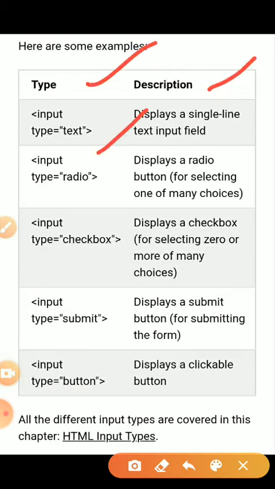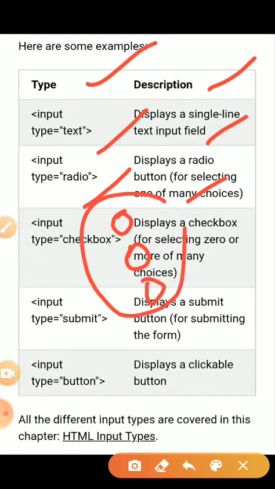These are the types and their descriptions. First is input type text. It is a single line and takes the input from the users. Then radio, which shows a button in a round shape, and you can choose one option. If you want to create this type of button in your web pages, we use input type radio.